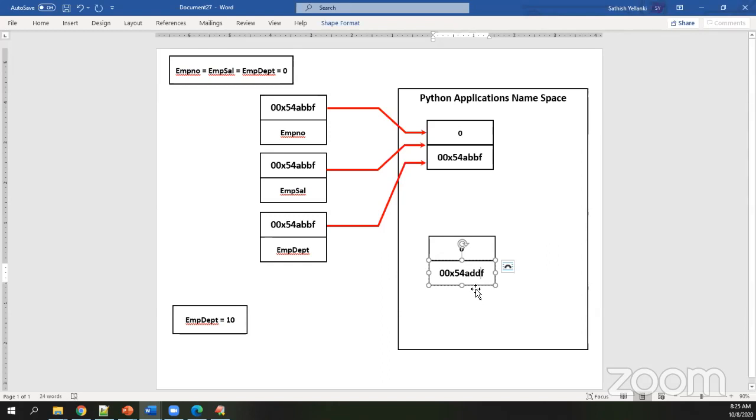Some new address is taken, and the value of 10 is implemented.